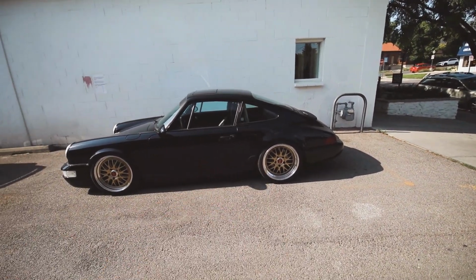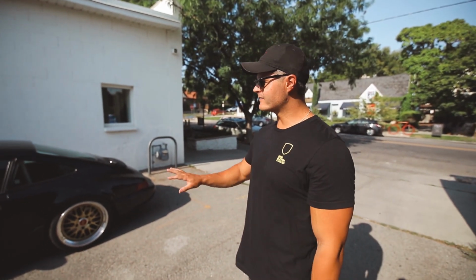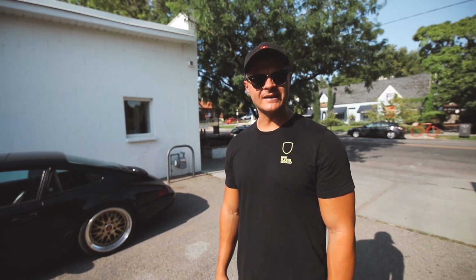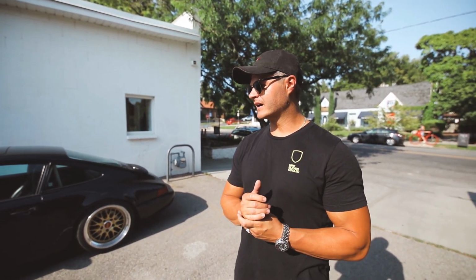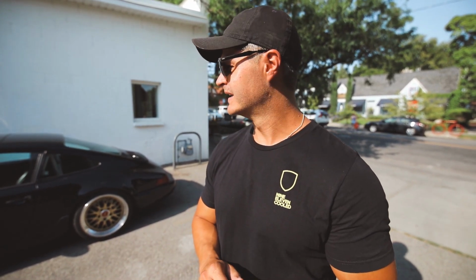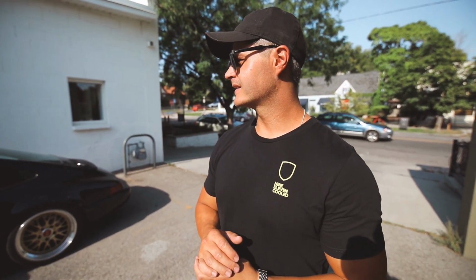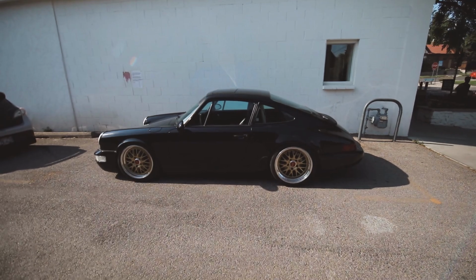But yeah, how long have you had these wheels on it? That was an addition earlier this year, and everything I've done to this point has been very motorsport inspired, period correct. These wheels are the BBS E88s, and they were run on 964 race cars of the same period. So in the early 1990s, Porsche started a program called the Porsche Cup, which was to encourage owners to get out and race their cars, as well as privateer teams. And so this car is an homage to the Porsche 964 Carrera Cup cars of its time. So you see I have a half cage, and the interior is...